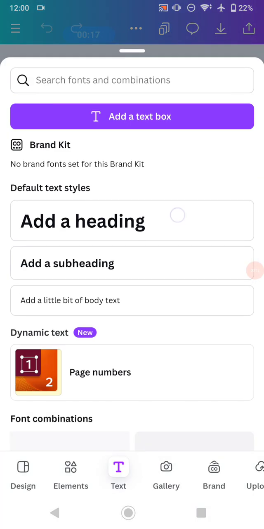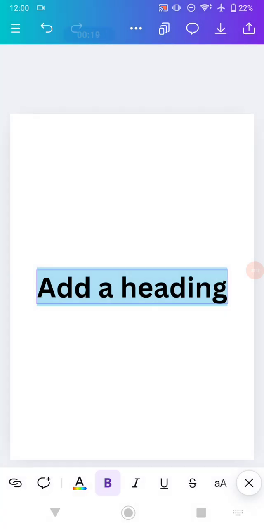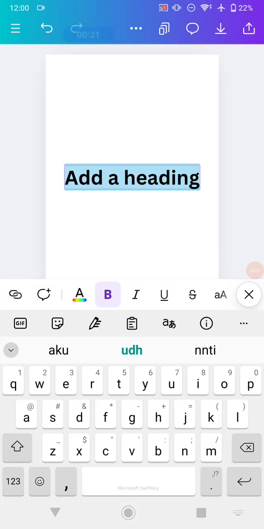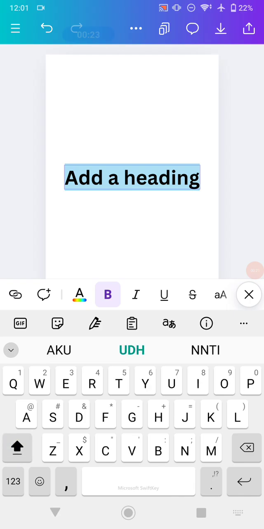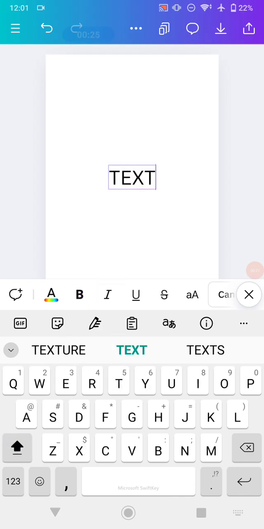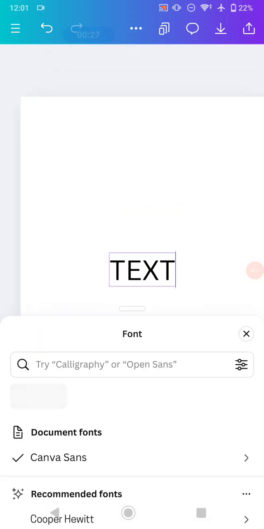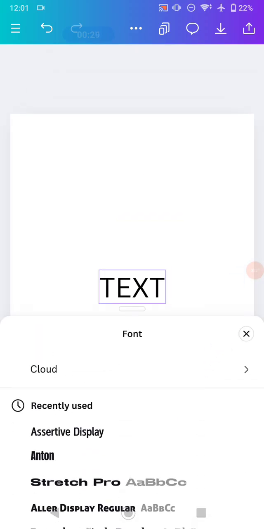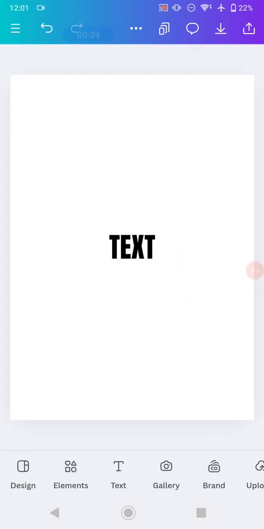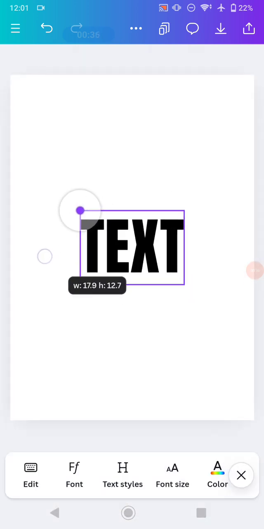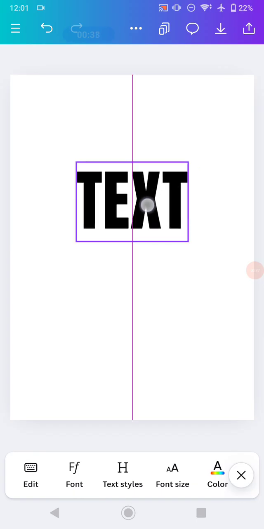The first way, you can just type a text onto the blank page that you added before, or that you opened before the new project, and insert a text onto it. So for me, I just typed this text and I would like to change the font to a bold font like this Anton font. And when you finish, now the way to add an outline onto this text element,